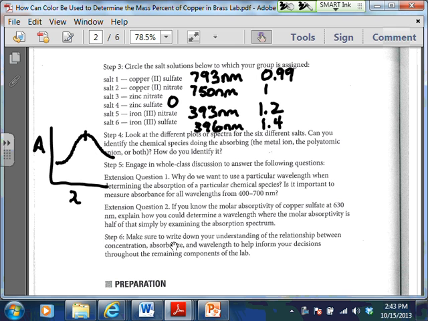But if our peak is here at 630, then we would need to basically look at our graph to figure out a place where the molar absorptivity is half of that. Now, there is another way to do it, and this is where I'm going to teach you Beer's law. So if you look at Beer's law,